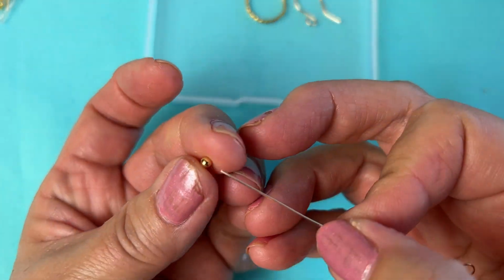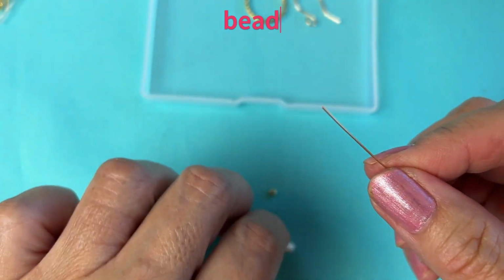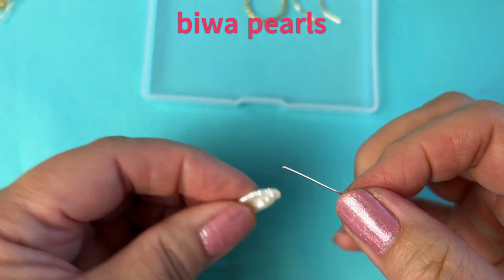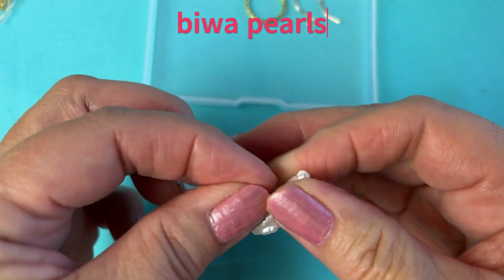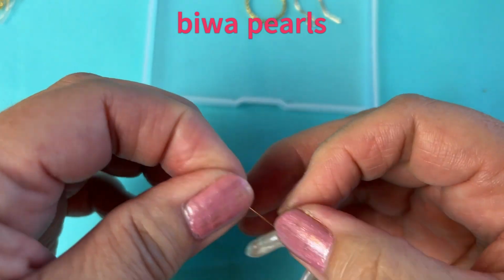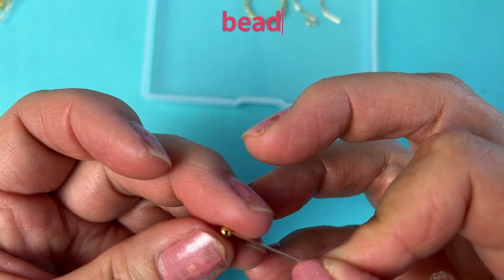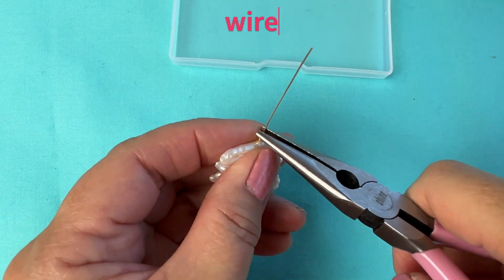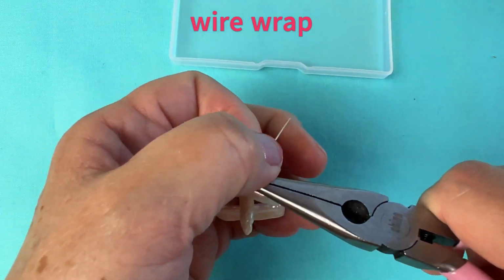Then I'm going to add my bead, put on my Biwa pearls, put on my other bead, and then I'm going to wire wrap the top. Come in with my chain nose pliers, pinch it down at the top of the bead, bring the wire to the back,